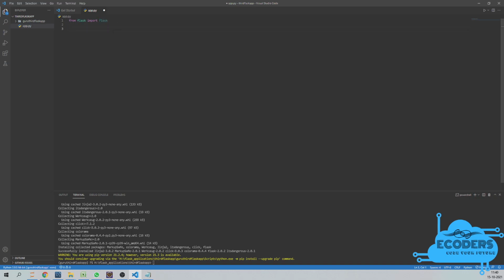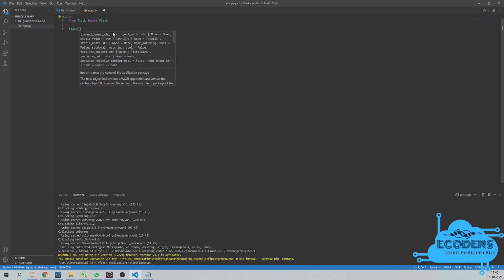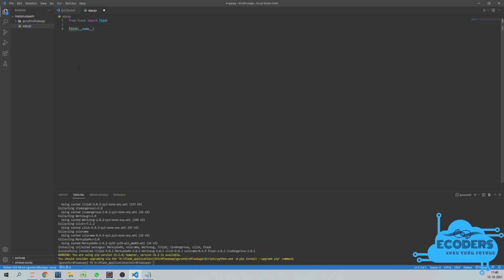So what I'm going to do is use this class name Flask, and inside that we mention the name of the application which we are going to run. So we have to say __name__, with double underscores. This is the way we tell Flask that this is the name of our application, and I'm going to store this inside a variable. Let me keep it as app itself. So this is the way we have to start before writing any code into our application.